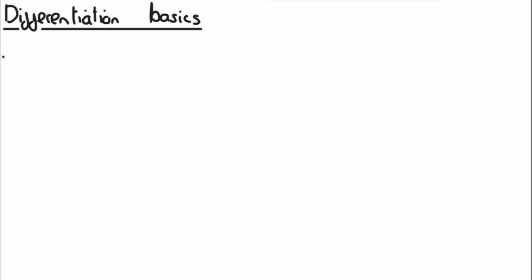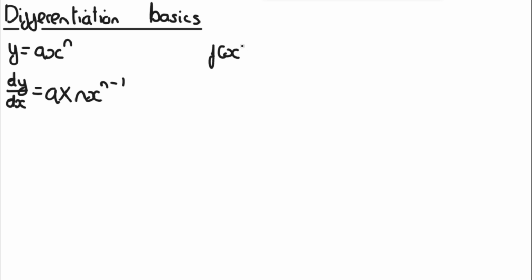If there's already a coefficient at the front of the term, you just times whatever coefficient is created by the differentiation by that original coefficient. So for example, let's say that y is equal to a x to the power of n, where we have a coefficient in front of x, then that means that dy over dx is just going to be a times, and then this differentiated, so n x to the power of n minus 1, and of course if it's f of x,